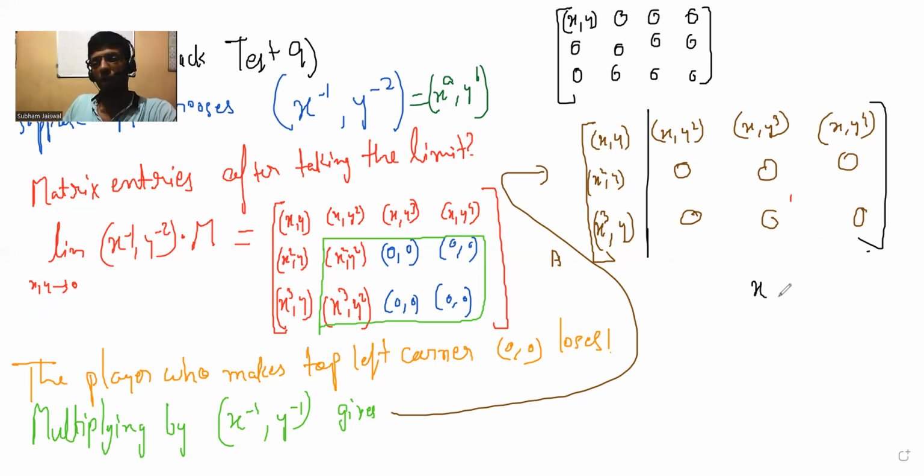No. If you take x to x comma y to the power minus 5, then it will make this 0. Is that right? No, it's not right. Minus 3, I mean, sorry, minus 3. One second. No, it will make the 1 comma 4th entry 0. Just check. Yes, it will make this entry 0.